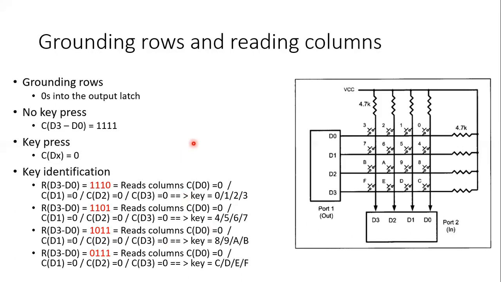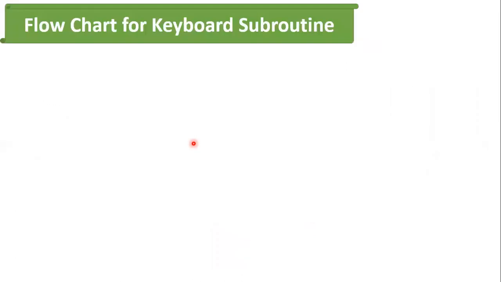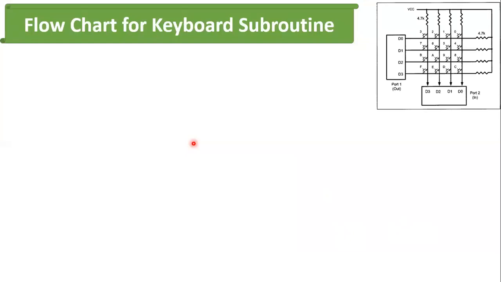Very good. Next, how to write a subroutine for the keyboard, isn't it? Let us explain this part with a flow chart. As I told you, the steps we discussed earlier are going to be used here. Again, you remember the keyboard, where the keys are arranged in rows and columns, and port 1 is used as an output, which is nothing but